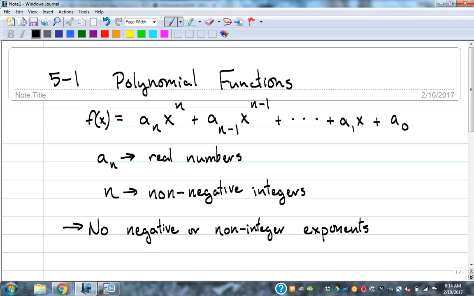And then to be a polynomial function, there are some rules that you have to follow. Now the dot, dot, dot in between here is because if you start with x to the 5th power, you'd have more terms in between than if you started with x to the 3rd power. Depending on how big the degree is, we'll talk about that in a second, that determines how many terms you'll have there. So to be a polynomial function,